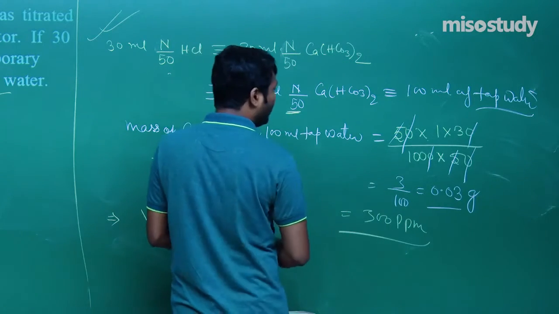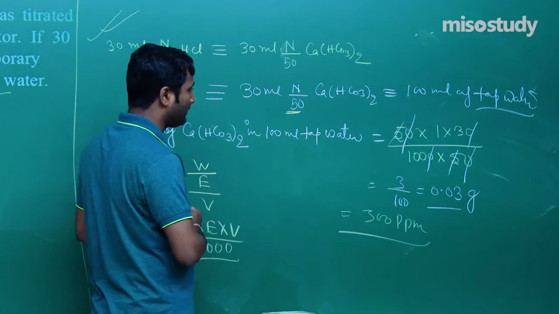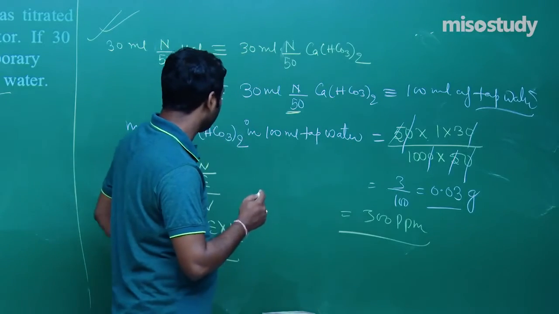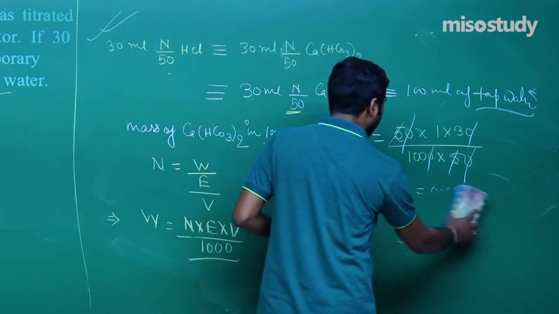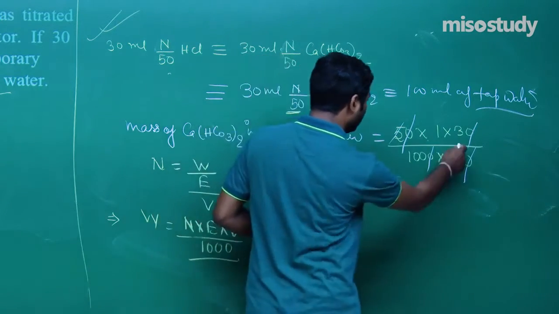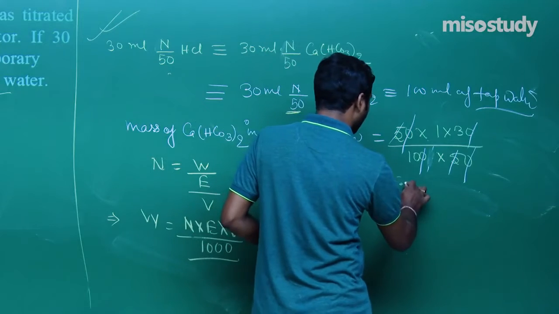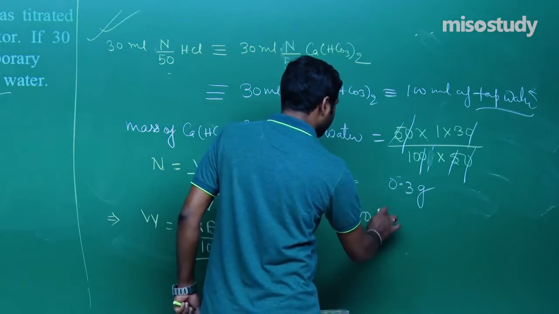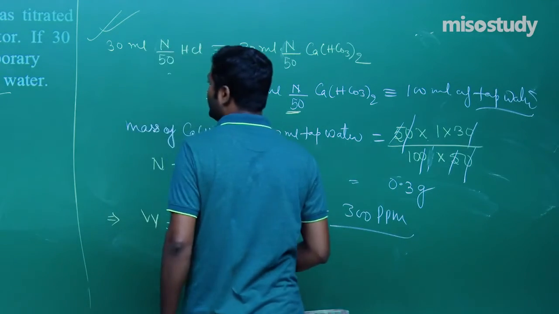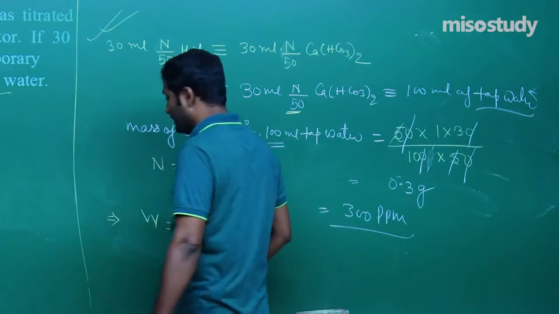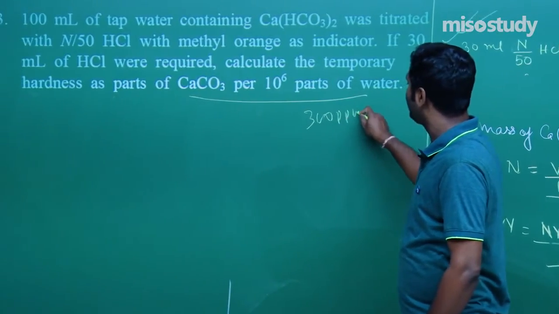Clear to you? If you have any doubt, check out the calculation in this case. That is 30, 100. One more thing, we are taking here 100 ml, so better to put here 100 so that finally we can convert this. It will be better for you. 30, put here 100. This will cancel this one. Clear? So the mass here is 0.3 gram and better to write here 300 ppm. This is the answer. Clear to you? In terms of 10 to the power 6 parts of the water. So the solution is 300 ppm.